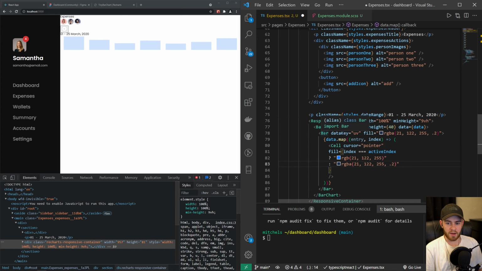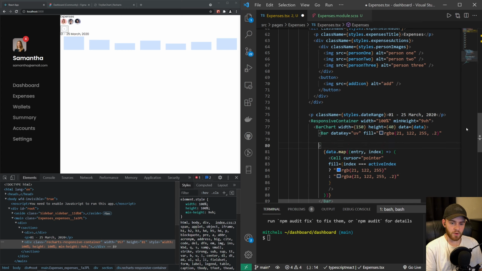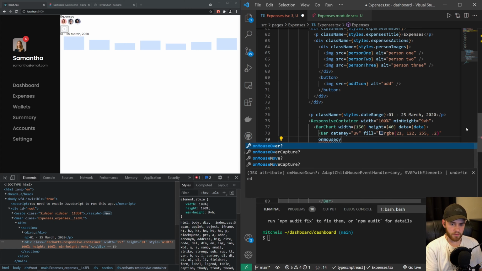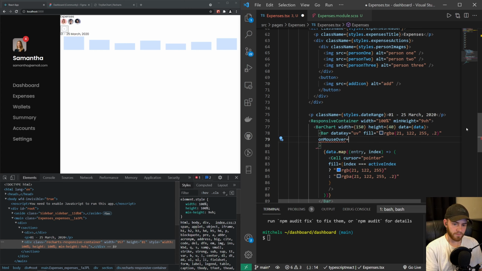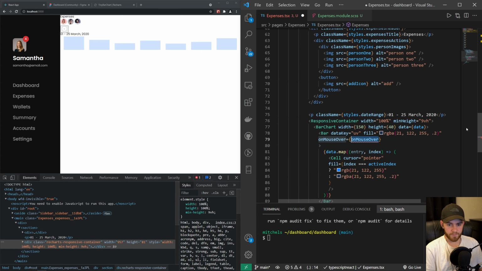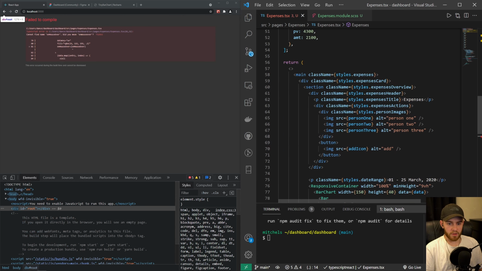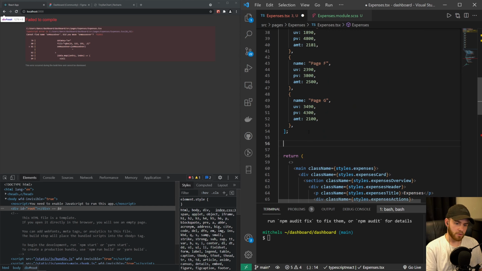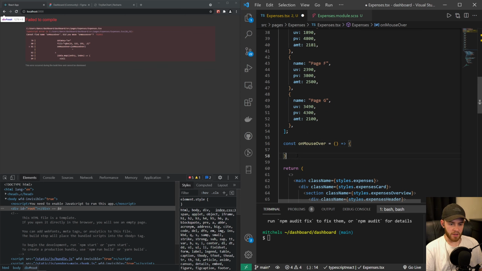and we can do that by adding a function to that bar component. So right here, I will add an onMouseOver function. So we can go all the way up here and create that function. It's a const onMouseOver, our arrow function. And actually we can do this in an even cleaner way. So that onMouseOver will take data,